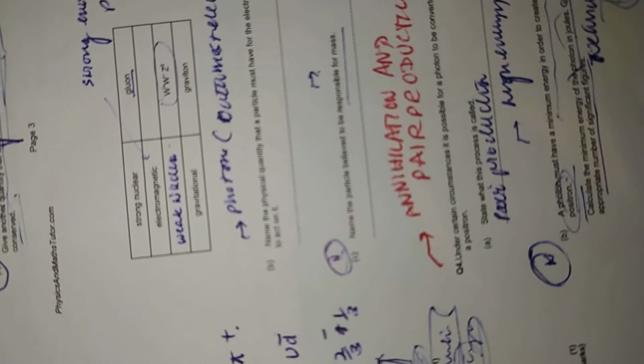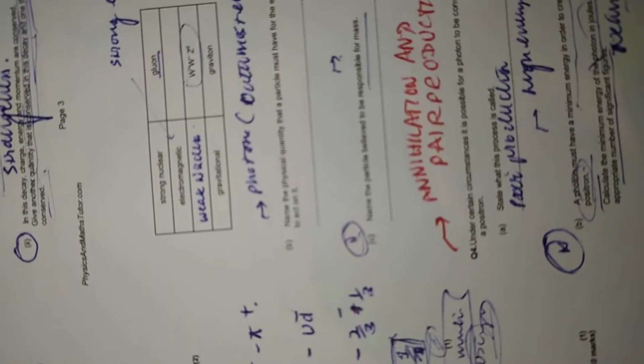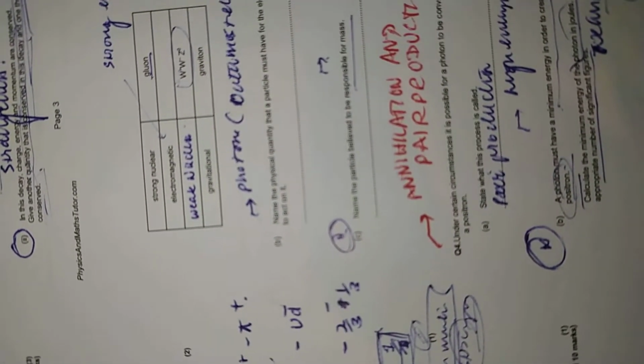And the B question, in other words, how does this take place, is in fact the presence of the charge, or the electric charge. In other words, name the physical quantity that a particle must have for electromagnetic force to act on it. This is in fact charge, which you said photon, but I would say the electric charge. Number C,